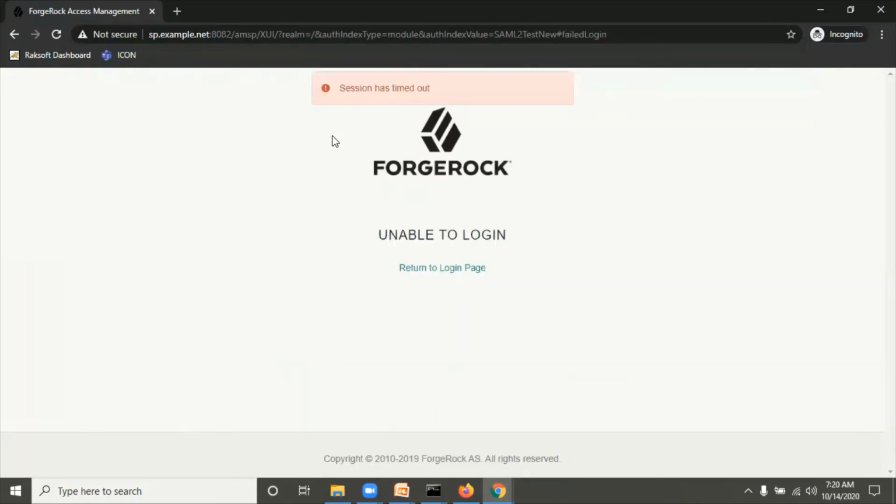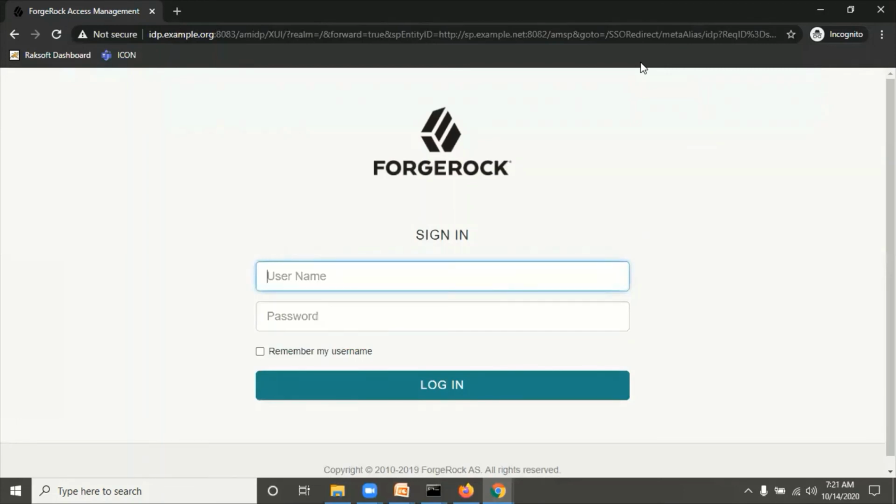Now somewhere we have written something wrong. XUA question mark realm equal to slash auth index type equal to module auth index value equal to test new. Yeah, it's correct. Let's try once again. Now it's redirected to the IDP application. Now enter the IDP username and password, demo IDP3 and password.